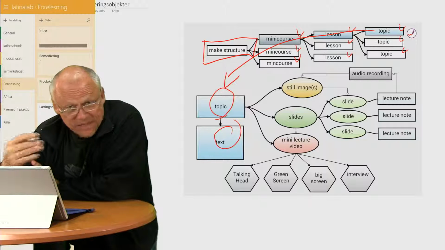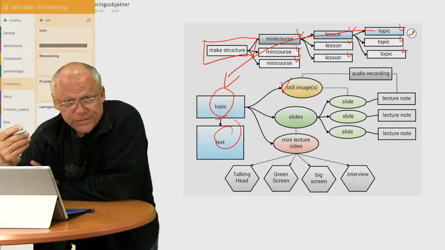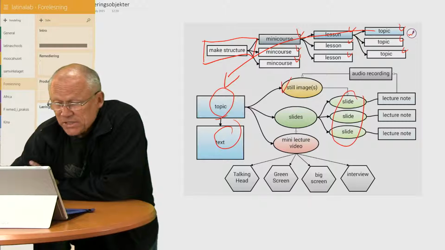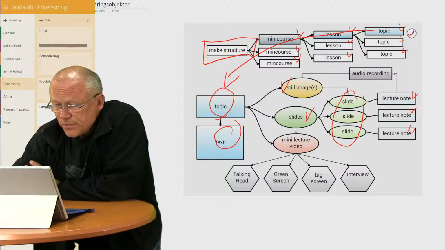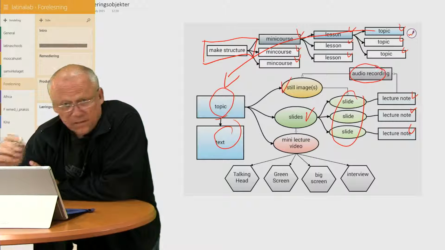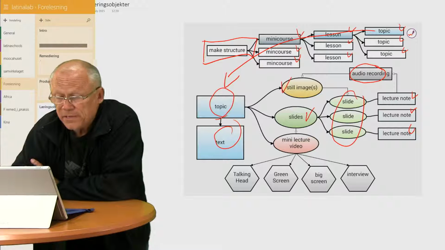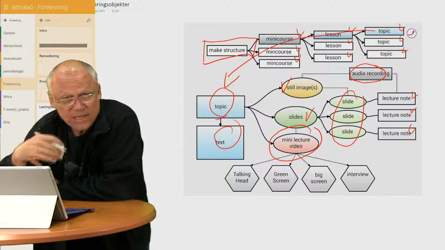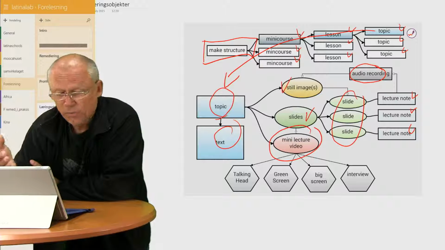It contains some written text, and very important, it has some images. And when we have several images, they become a set of slides, and we get a slideshow. A good teacher would add some lecture notes, and some of that might be read out loud or modified as an audio recording following the still image or the slideshow, and it could eventually be used to produce a video like the one you're watching now,